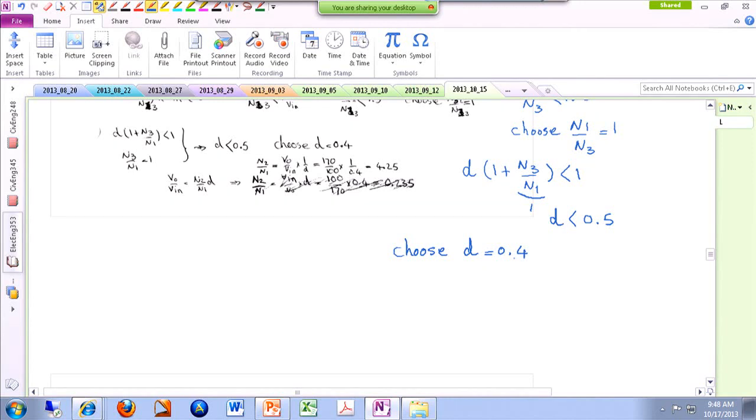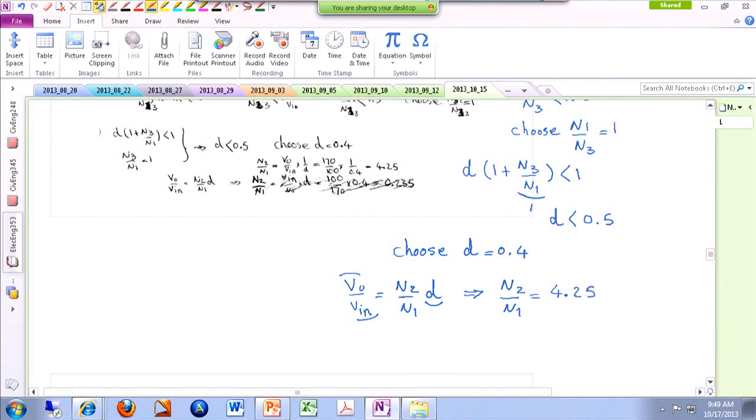Now the last thing that you have to find is N2 over N1. And remember this expression: Vout over Vn is N2 over N1 times the duty cycle. We have already selected the duty cycle. We know the value of the output voltage. We know the value of the input voltage. Therefore, this gives us N2 over N1 to be